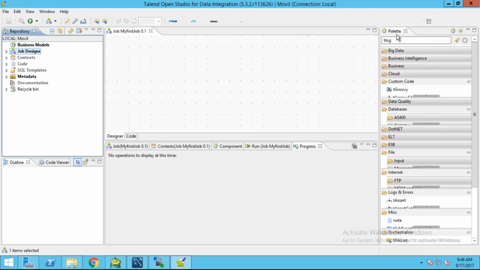Okay, so in the previous video we have gone through the sections within Talend, basically your work environment. This is all your work environment. Now we'll go into a little detail about the components. What are components, why we use them, and how they can help us in extracting, loading, and transforming